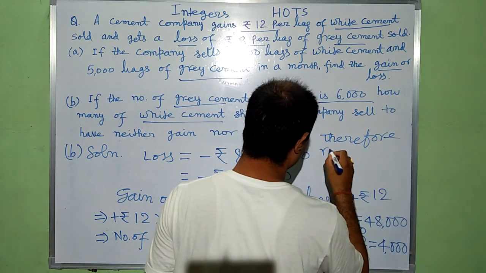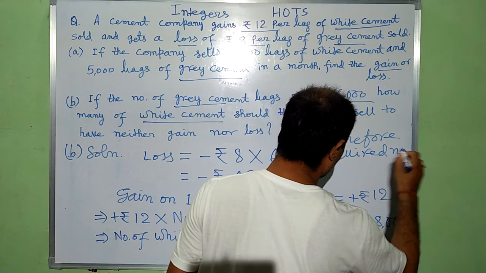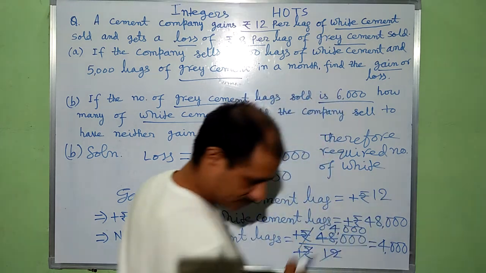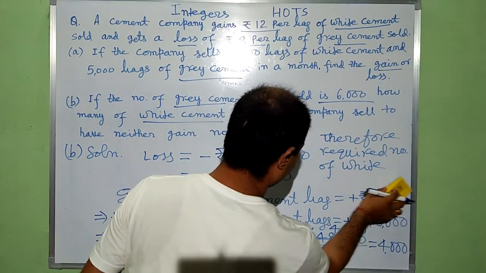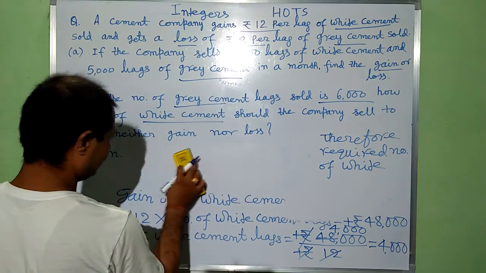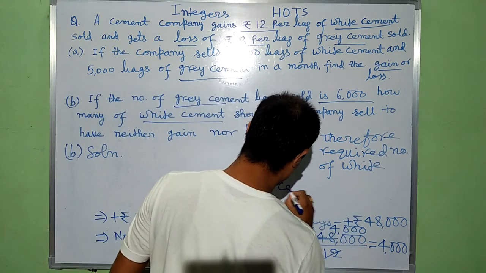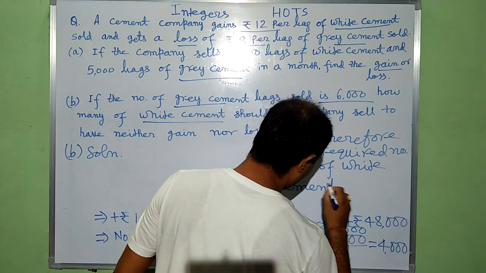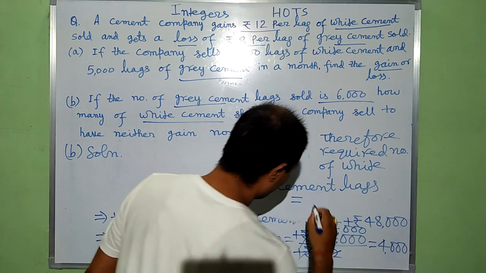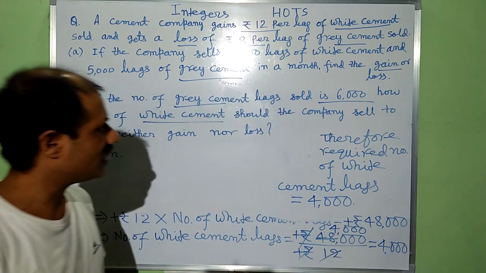Therefore, the required number of white cement bags is equal to 4,000 so that the shopkeeper will have neither gain